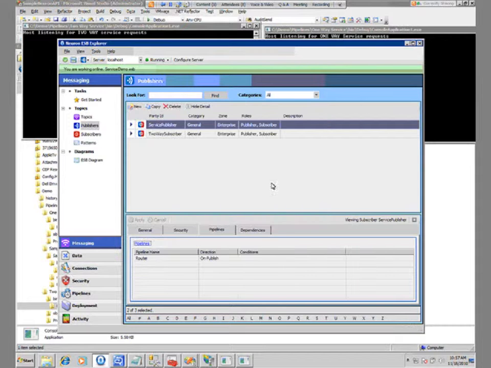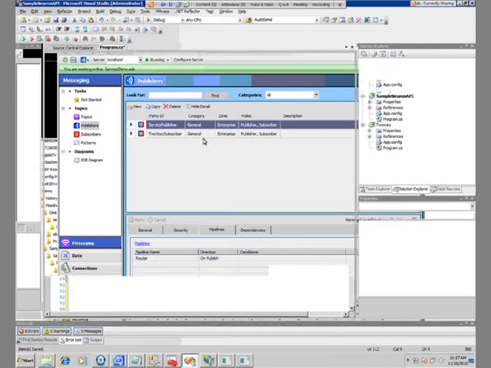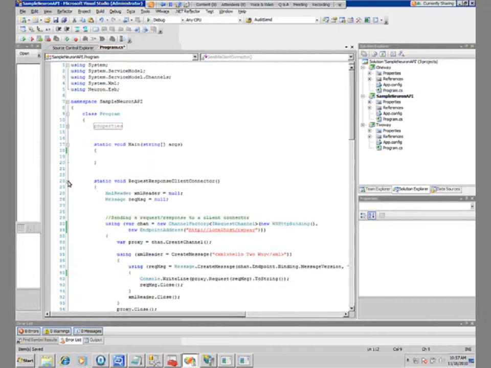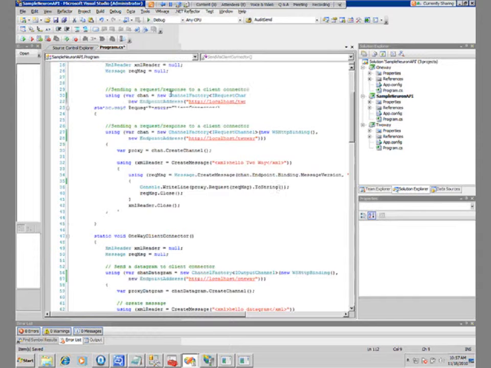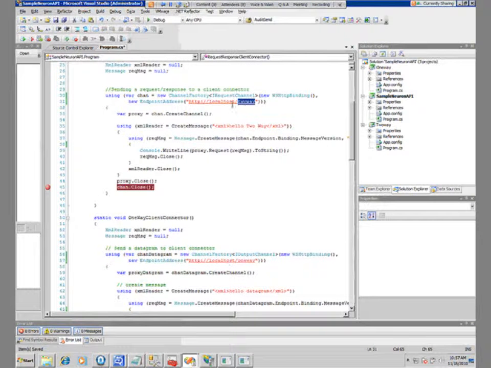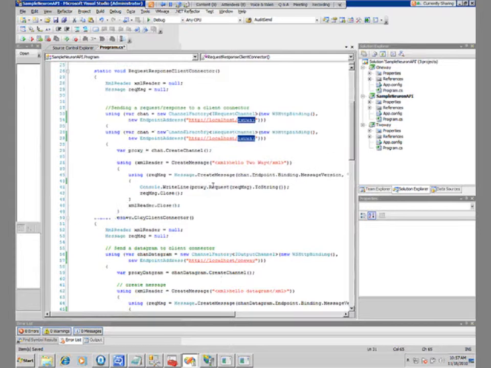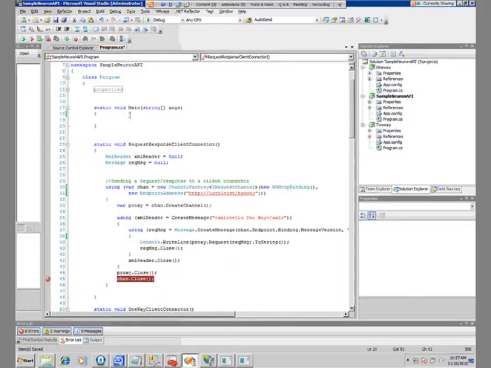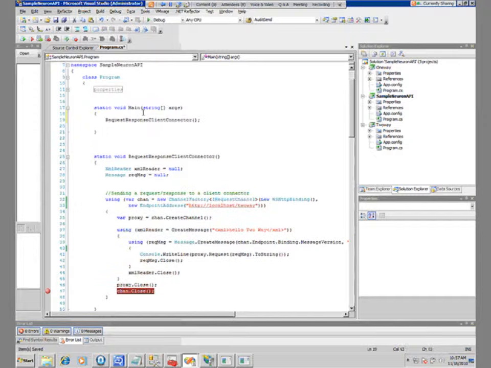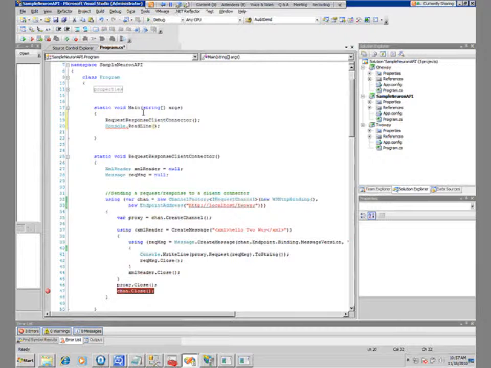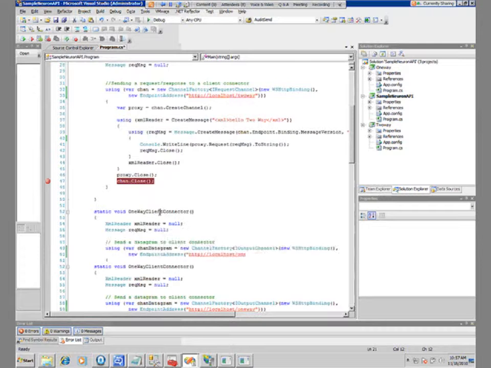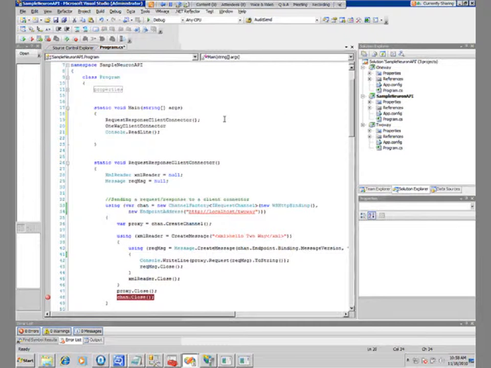Now if I go into my sample API code, notice I have some WCF samples already written up. And again, they're just using Channel Factory going against the client connectors we set up, the generic on-ramps, to submit messages. So now, console.write line, there we go. If I do a request response, or whether I even do a one-way, these will always get routed to the right services. I could run this,